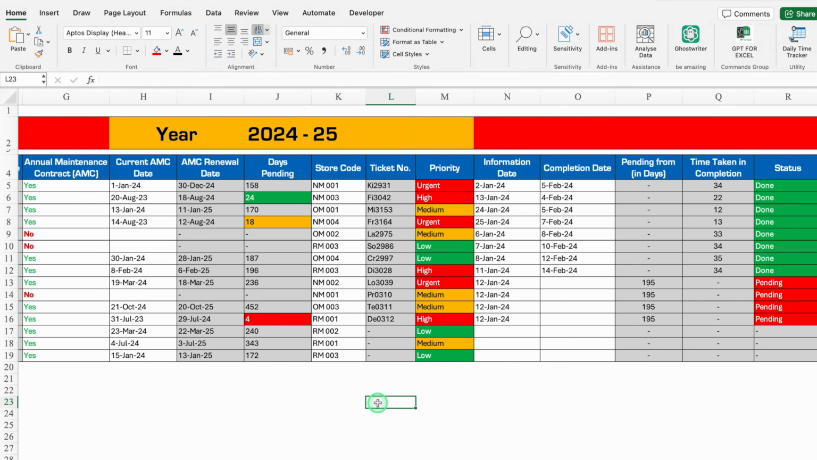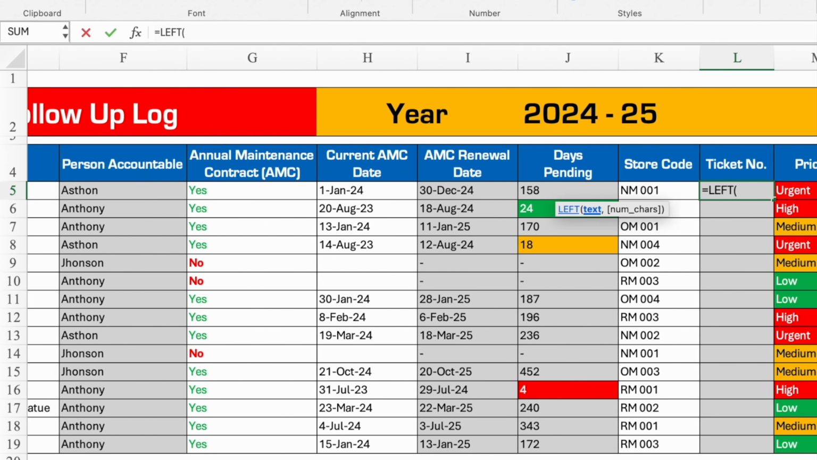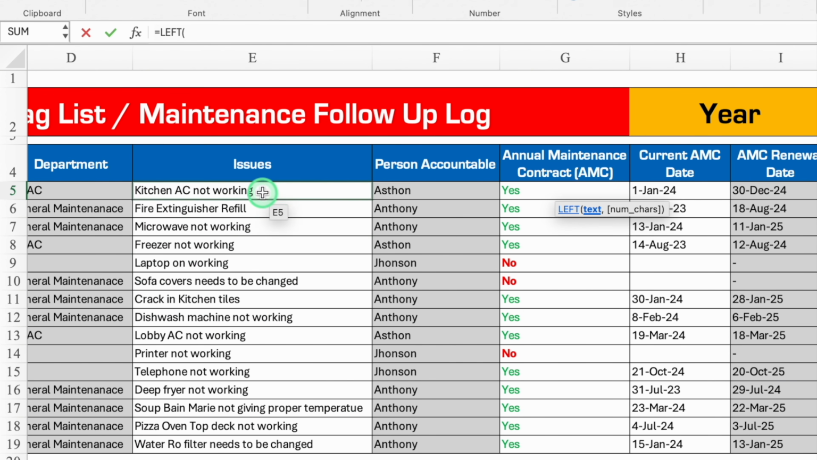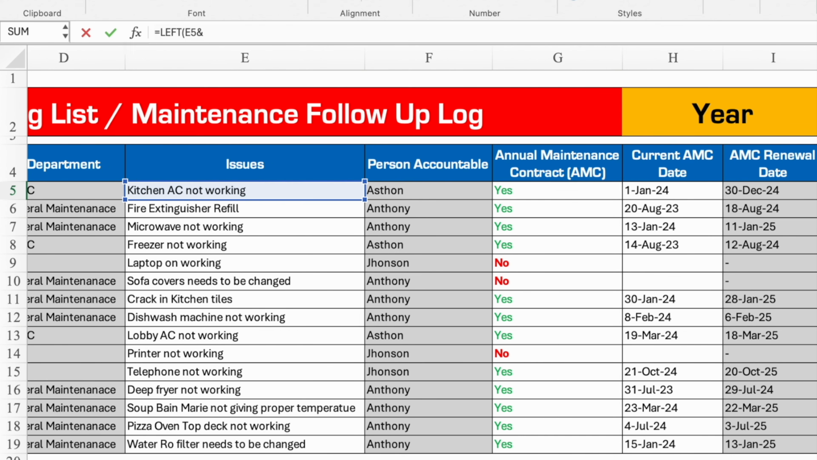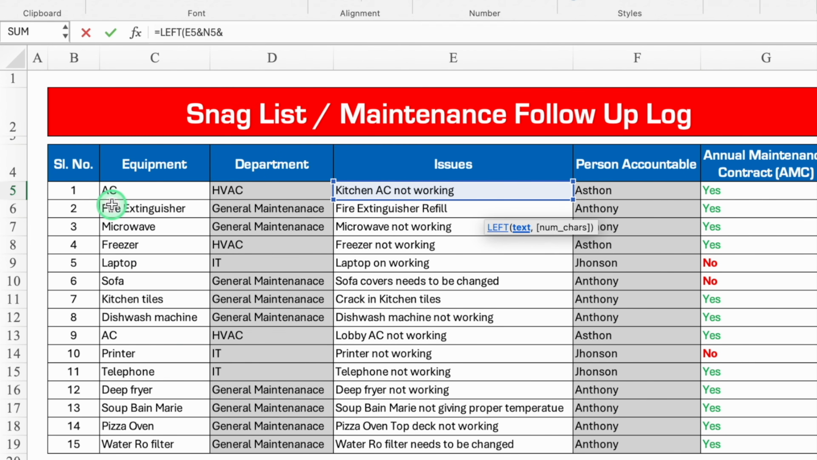Perfect. I totally forgot to show how to generate ticket number. So I'll show you in my example file. I'll delete all this and the formula for ticket number will be equal to left, bracket open, text. We will come to left and we'll click on issues and we'll come to right hand side and we'll click on information date and we will come to left and we'll click on first serial number, comma, 2, bracket close,